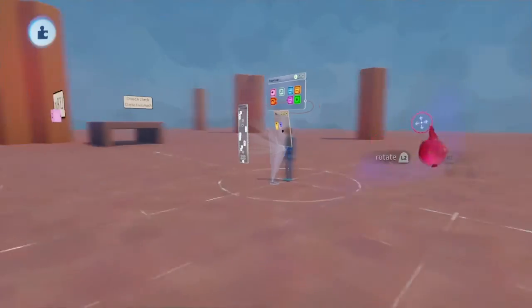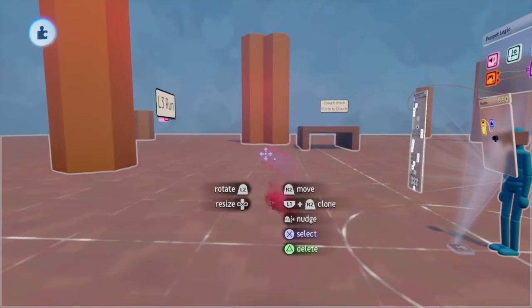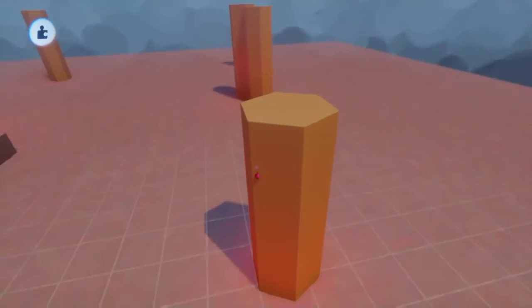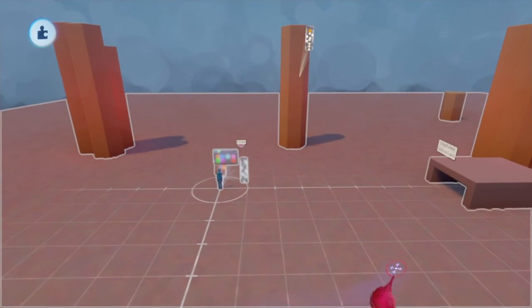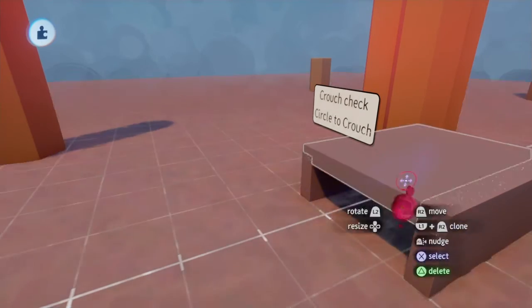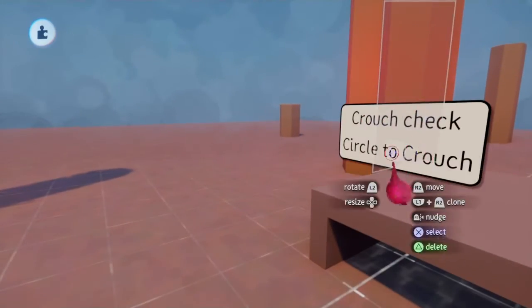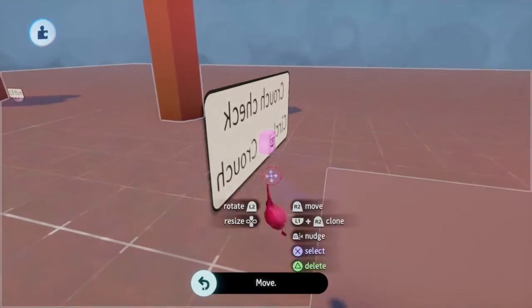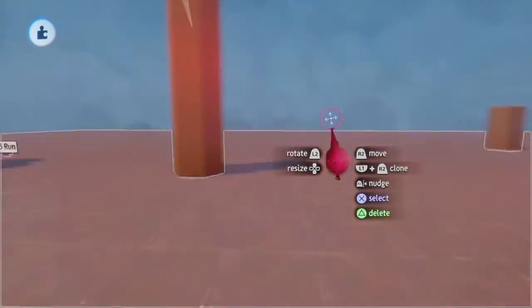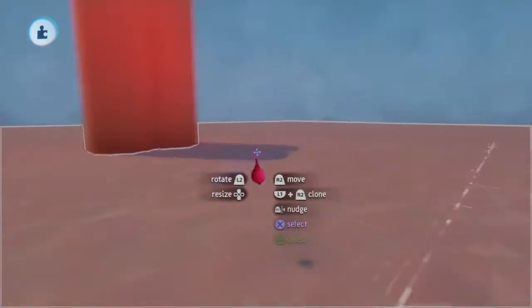One day. Alright, so it's been like 3 days, and the last thing I said I was doing, yeah, I kind of forgot. So let's just pretend like I didn't say that. Let me show you what I've worked on. Nothing. Literally added these 2 signs to let you know that this is the crouch check. This little box thing, object, whatever, and